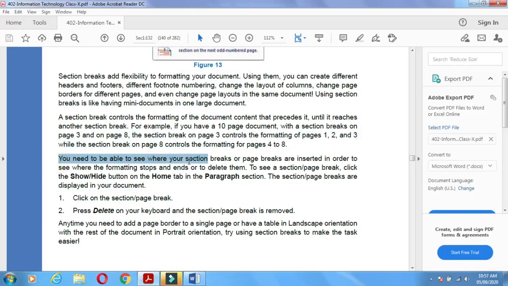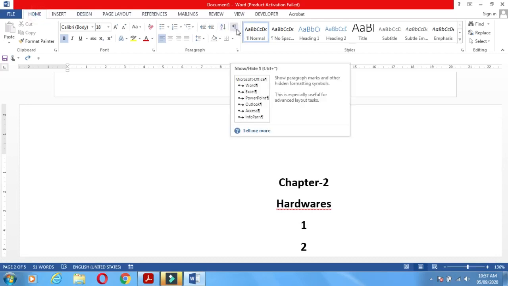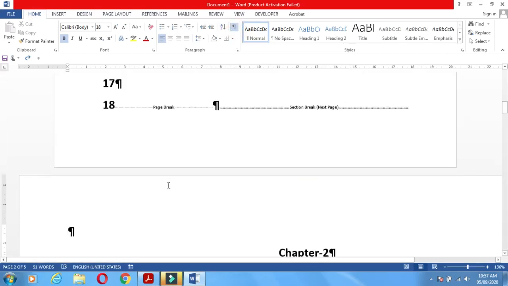You need to be able to see where your section breaks and page breaks are inserted, to see where formatting stops and ends, and to delete them. To see the section break, click the show and hide button on the home tab, paragraph section. How can you check where the section break and page break are applied? You can check from this home tab, and this is the show and hide portion. If you click here, you can see the page break and section break.